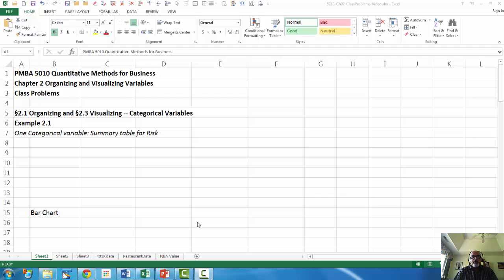Okay, now first thing first, download the Excel shell file that contains this information. Okay, download it, open it, and then you start working the same task that I'm demonstrating here with your file. So now what we're going to do here is to prepare the summary table and prepare some visualizations like